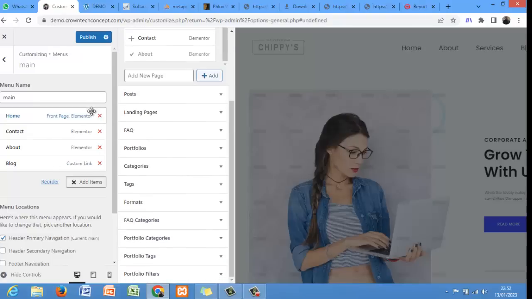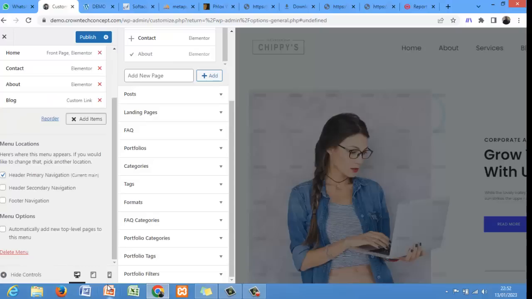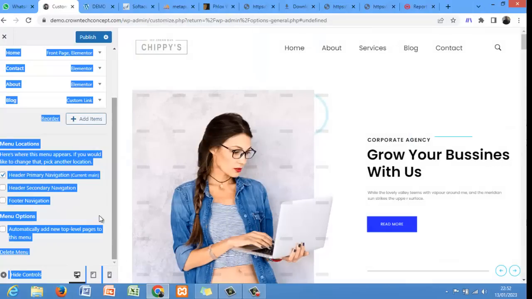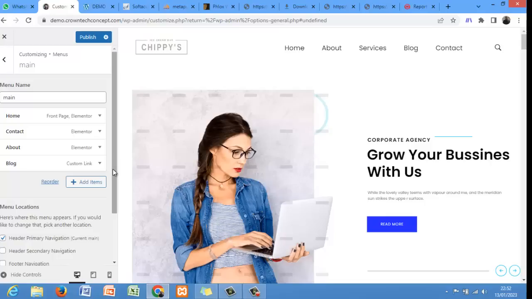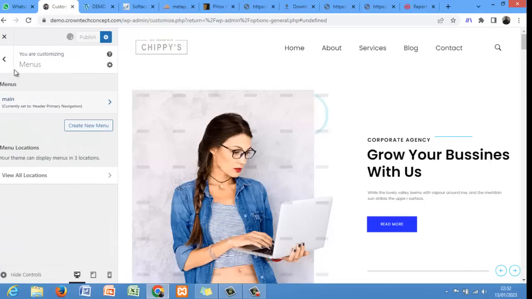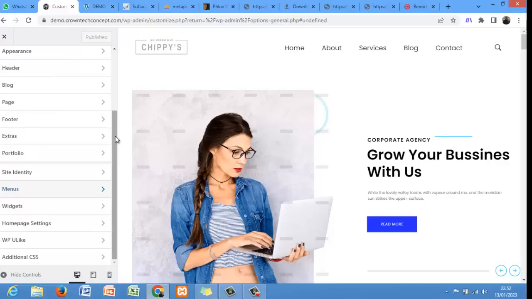So after you have done that, just scroll down here. Okay, there's no save here. Once you are done, just publish it, then go back. That's already published. So what else can we do? Also,